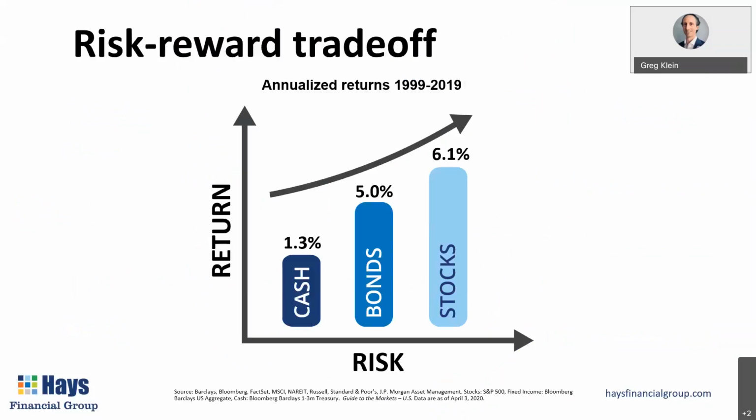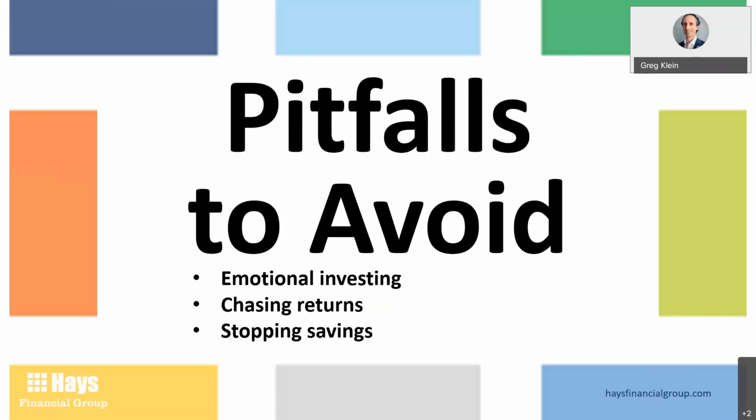And then understanding also that risk reward trade-off with these different asset classes. A lower risk type of investment, like a cash equivalent, historically has offered a lower rate of return. If you take additional risk, like in bonds, or further yet in stocks, you're typically paid for that risk. There will be more movement with that type of investment, but you'll get paid for that additional risk. And so this idea of asset allocation and this risk reward trade-off are something that I just wanted to go over once again, so we all understand that clearly as we move ahead into some of the more investing focused material.